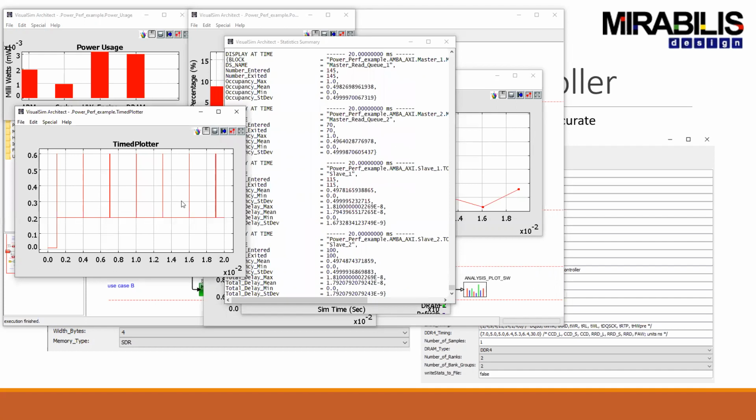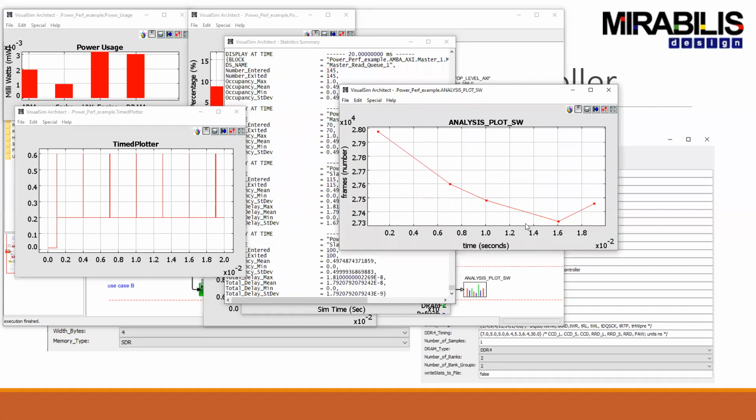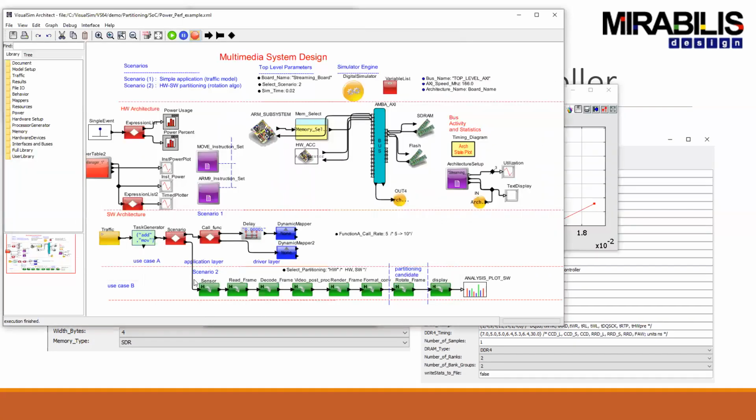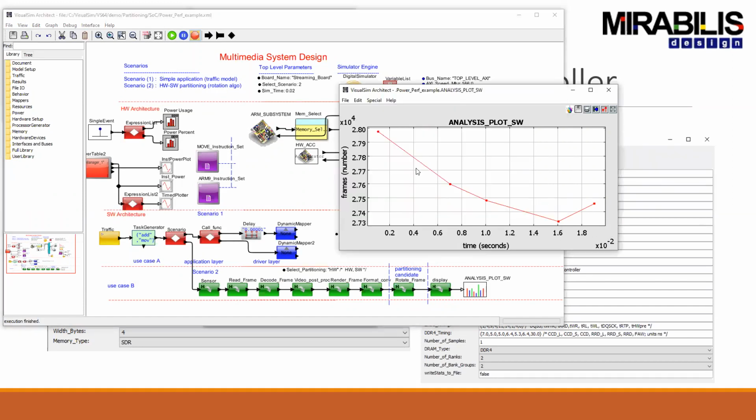Now, your eventual goal is the quality of service, which is really about what it is that your application is doing. So in this particular case, the application is really about taking requests coming in and processing them through a series of MTAG activities in a pipeline and then presenting it to a display. So what we want to know is how many matrices can be processed over the period. In this case, we're running for about 20 milliseconds. How many matrices are handled on average over the period of the simulation? So I want to see what is the quality of my output based on a certain hardware platform with certain